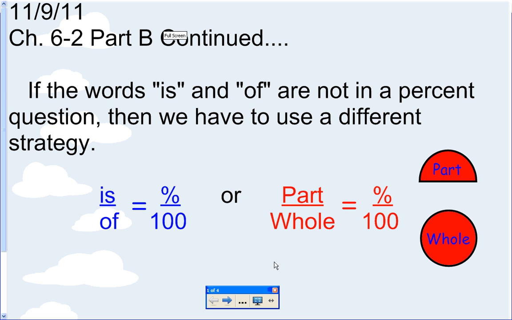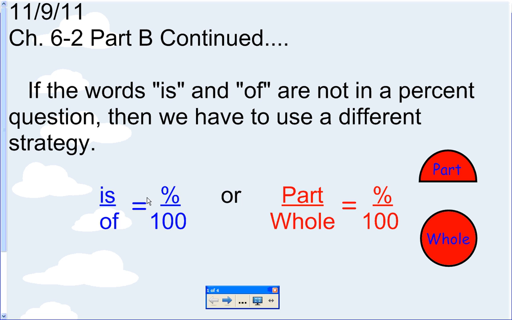All right, so this is Chapter 6.2 Part B continued. If you remember in Chapter 6.2 Part B, we learned about is over of equals percent over 100. And those problems were pretty simple. All you had to do was look for the keywords is and of and look for numbers that had percent and just put them in the right place. So today we're going to talk about problems that don't have those keywords in there, and we need a different